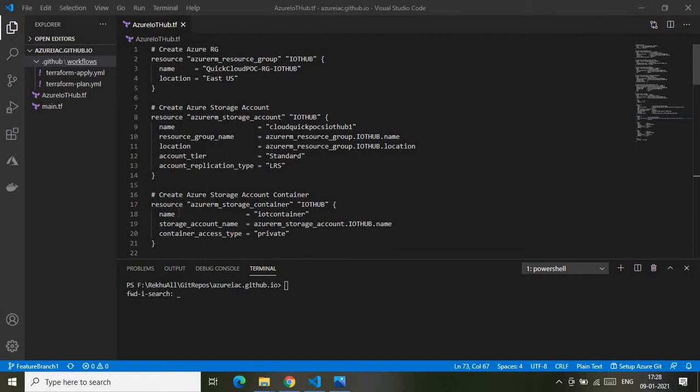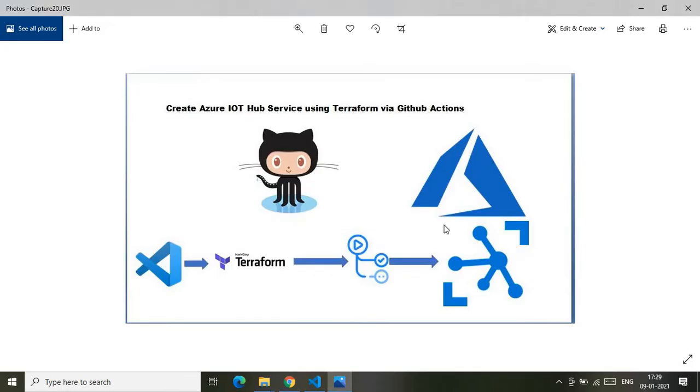I will explain that later, but before we jump to the line by line code walkthrough, let me quickly give an overview about what I'm actually going to show here in a pictorial representation. Let me open that picture. So here you go.